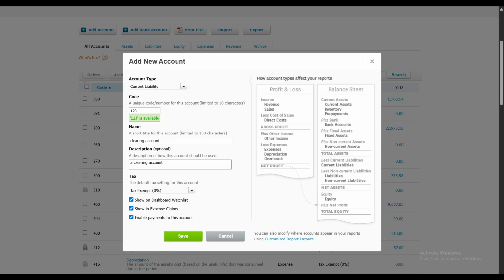Once you've completed all these fields and double-checked them for accuracy, go ahead and click Save. Congratulations! You've created a new clearing account in Xero. This account is now ready to be used for managing temporary transactions, whether it's for tracking funds in transit or reconciling different accounts. It's a small but crucial piece of your financial management toolkit that can help ensure everything runs